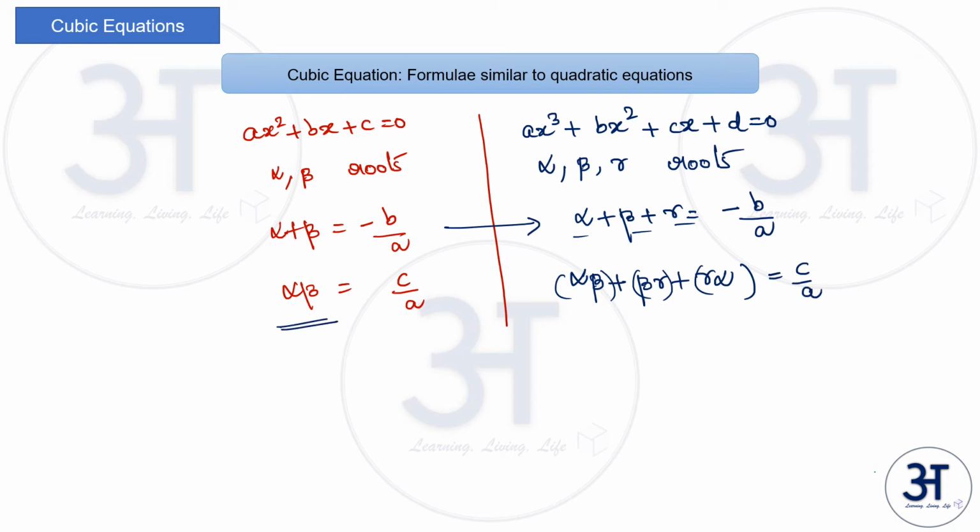In quadratic equation case, we have alpha beta, the product of the roots, as c by a. Here we have sum of the products of the roots taken 2 at a time. Then we have product of the roots finally, alpha beta gamma, equal to minus d by a. So if you see these, there is a negative sign in the first equation, then there is a positive sign in the second equation and negative sign in the third equation. So it is very important to remember these 3 formulae so far as the roots of the cubic equation are concerned. So let us move further.